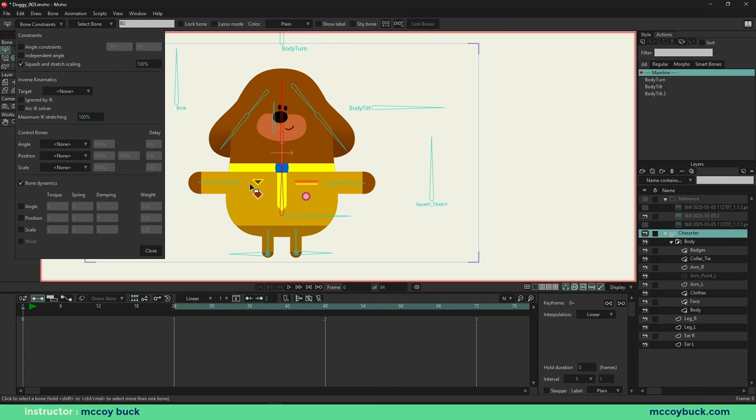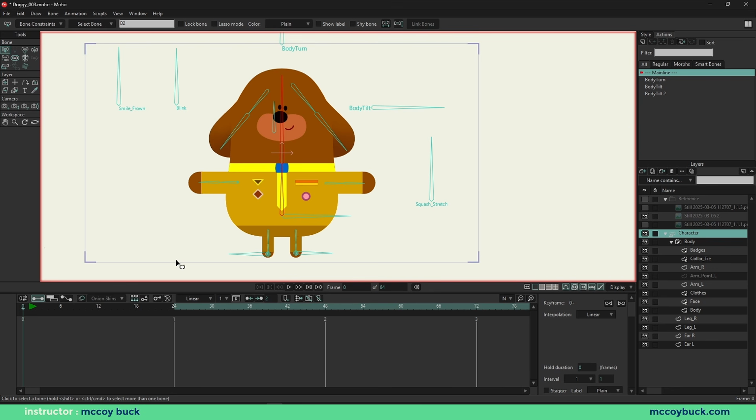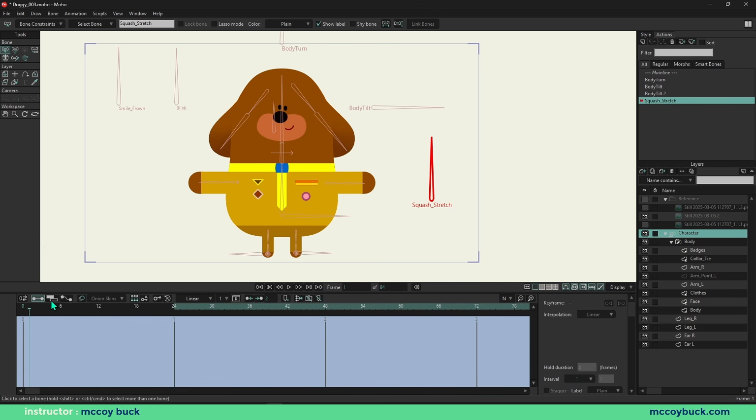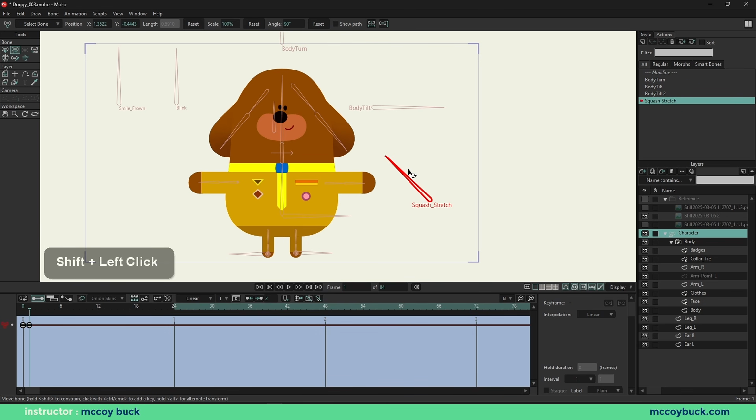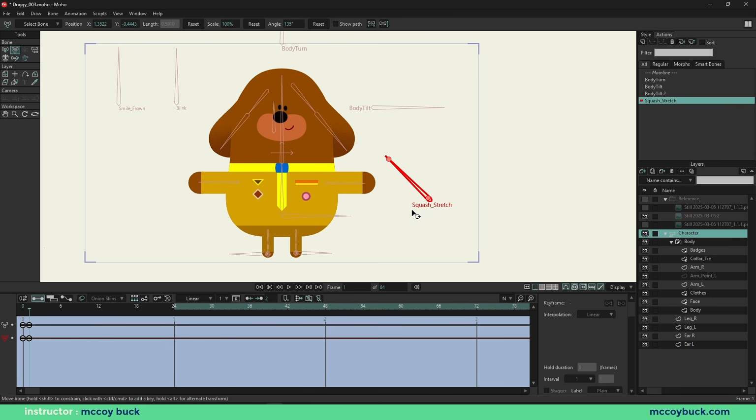Everything, because of how I have it bound, will now move really organically and very nicely. So I'm going to go back to my squash and stretch. I'm going to create that new action. And again, I'm going to have it going both ways. So I'll start with my squash. I actually have this labeled wrong. I'm going to fix this label because my stretch usually goes left. So even though it says squash going to the left there, I'm going to actually create this as my stretch